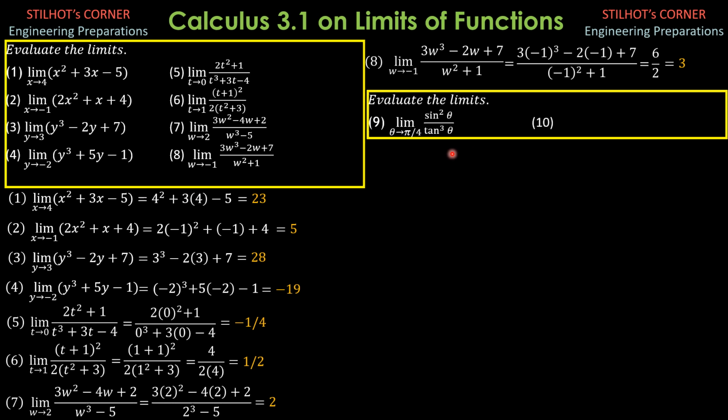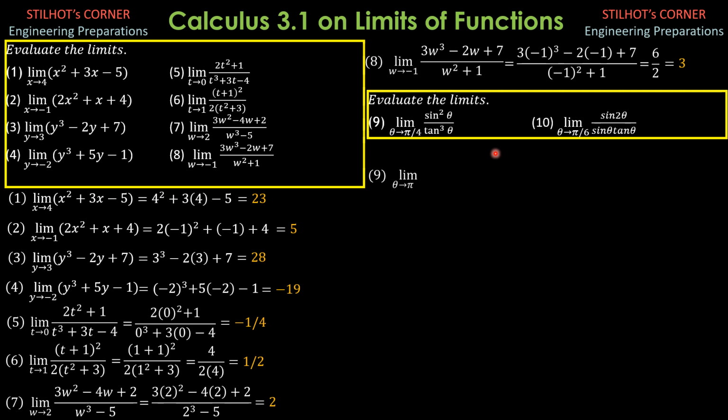Then additional limits involving trigonometric functions. So, the limit of sine squared theta over tangent cubed theta as theta approaches pi over 4. Pi over 4 is 45 degrees. So sine of pi over 4 is square root of 2 over 2. I hope that you can recall that even without a calculator. Sine of 45 is square root of 2 over 2. Tangent of 45 is 1. Tangent of pi over 4 is 1. The denominator is 1, so this is not crucial. The numerator is square root of 2 over 2. The denominator is 1, so 1 cubed.